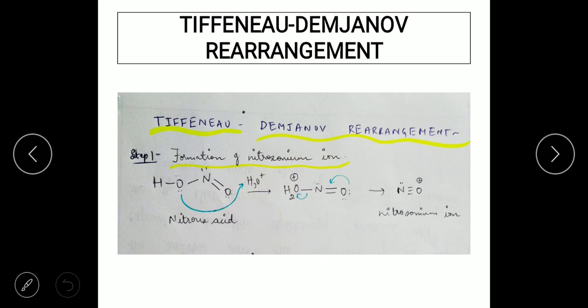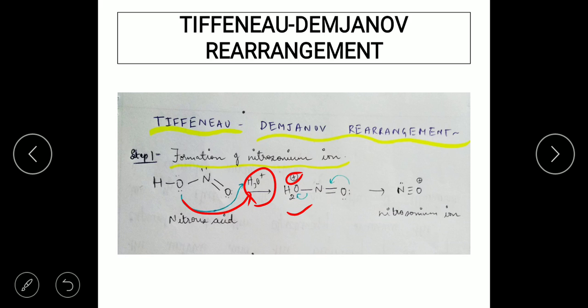So the first step is the formation of the nitrosonium ion. In this reaction, we are making use of nitrous acid, that is HNO2. HNO2 reacts with the hydronium ion H3O+. See, H3O+, we know, is nothing but water which has taken up a proton. So that's how it gives rise to H3O+. Now here the oxygen, which has a lone pair on it, is going to grab one of the protons from the H3O+. Once it grabs the proton, in place of 1 hydrogen the oxygen is going to have 2 hydrogens, and hence you can know that if oxygen has 3 bonds, it is going to possess a positive charge.